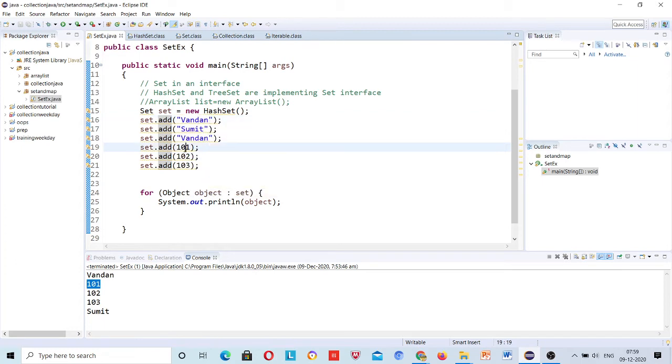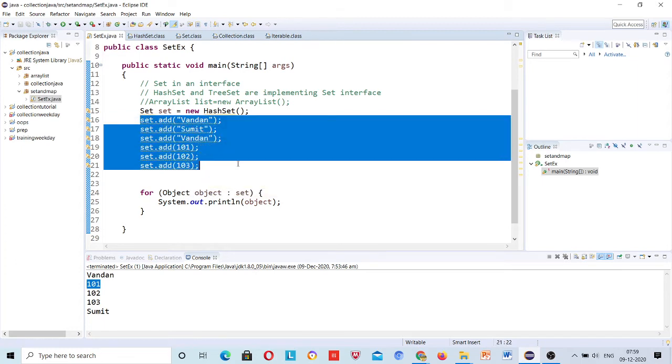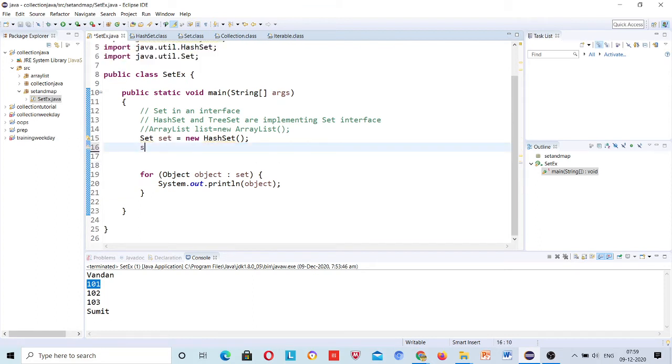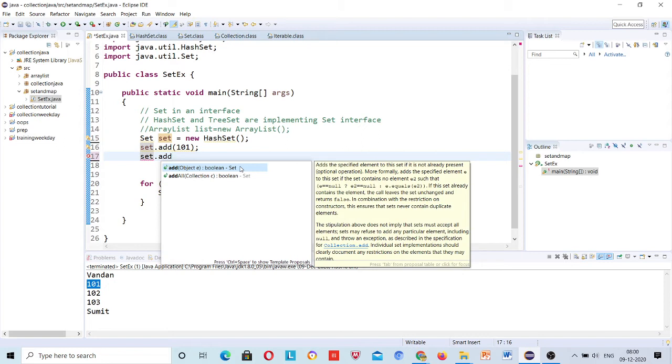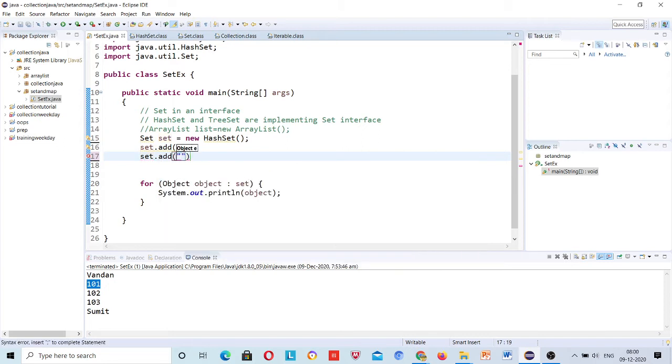This is suppose mobile number. Let me do it like that only. Set dot add roll number, and then set dot add mobile number. If I add like this,